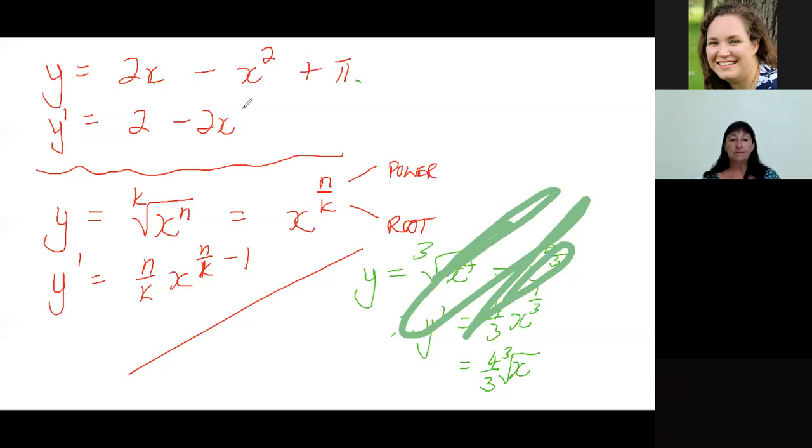And then what I also wanted to point out was that if they were to give you the derivative of a kth root of x to a power n,